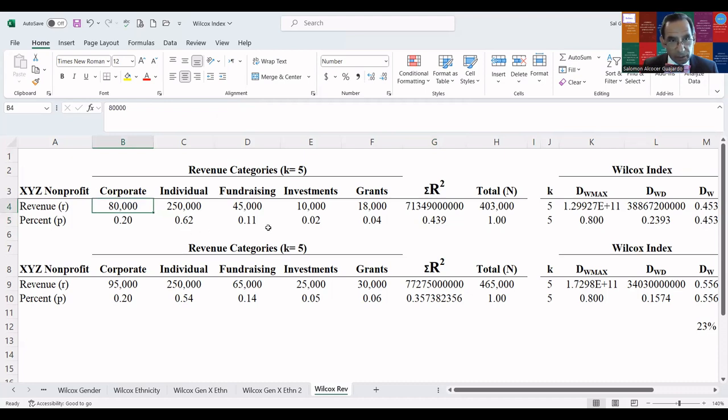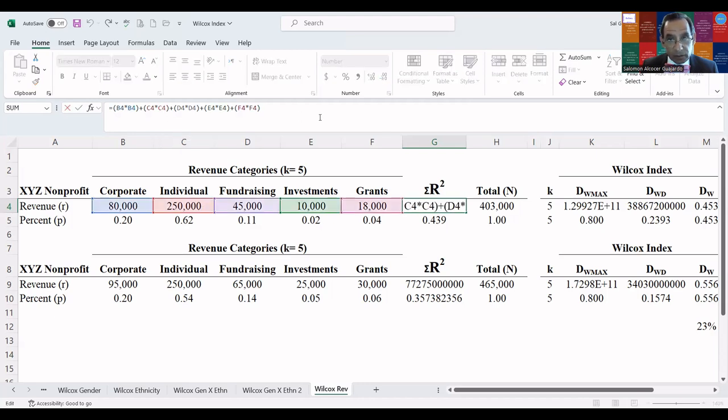But here again, I have $80,000 in corporate donations. I have $250,000 for individual donations, $45,000 for fundraising. Revenue investments yielded $10,000 in revenue. We had $18,000 in revenue from grants, for a total amount of revenue of $403,000. So I've summarized, taking each individual revenue item and squaring the value. So to obtain the sum of the frequency squared,